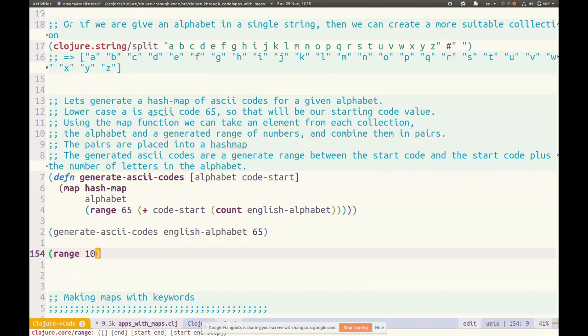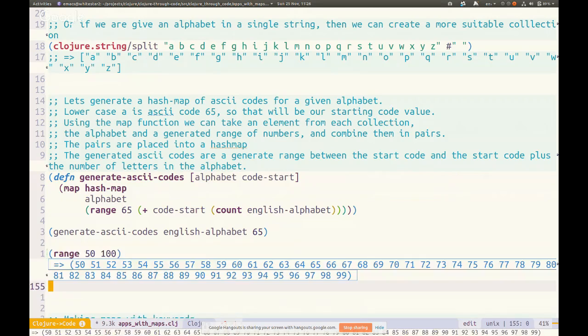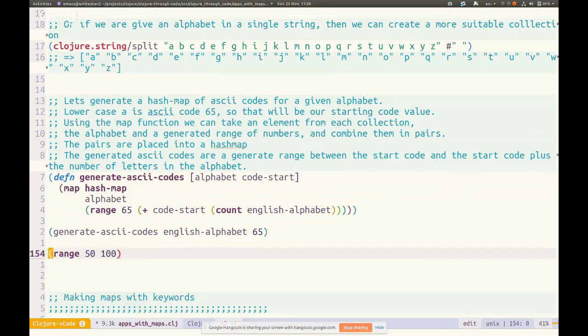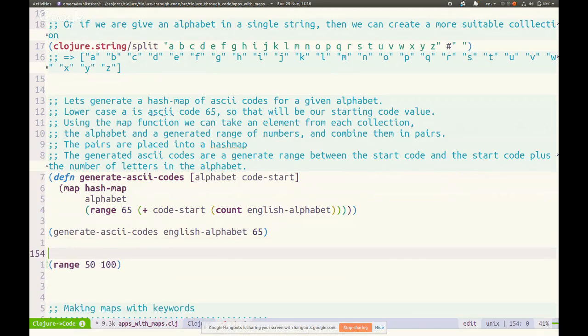So if I do 100, but then I give it a start value of 50, then it's going to generate just a range between those two values, so 50 to 99. It's a nice simple way of generating a simple sequence of numbers. If I wasn't sure how many I wanted to generate, then I can use things like